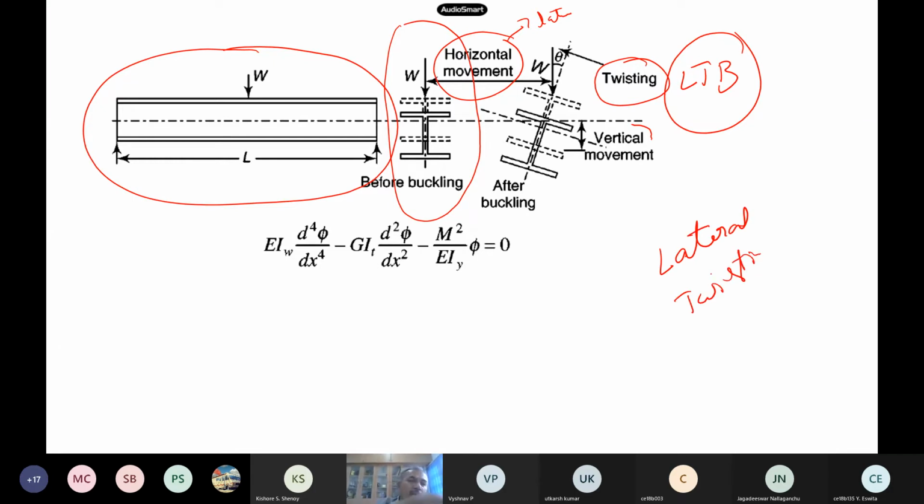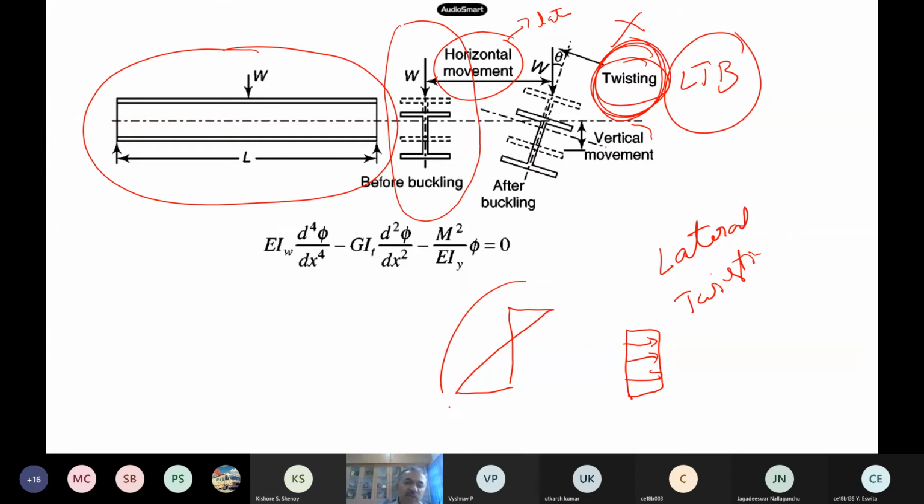Now suppose that the whole beam is under compression, say from top to bottom. Right now we are having it like this. But if the whole beam is under compression, then what type of buckling mode will it have? The whole beam will have normal buckling, either local or global, so there will be no twisting actually. You followed it? No twisting.